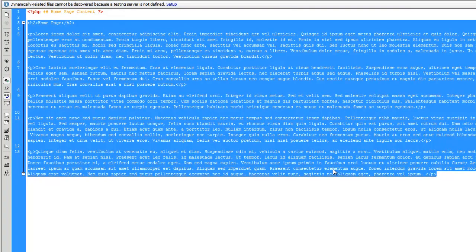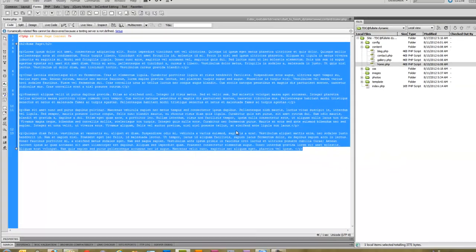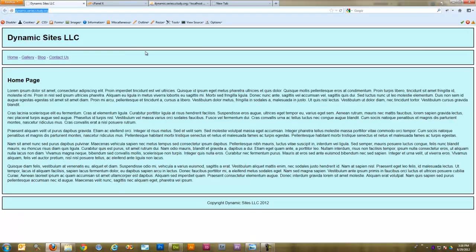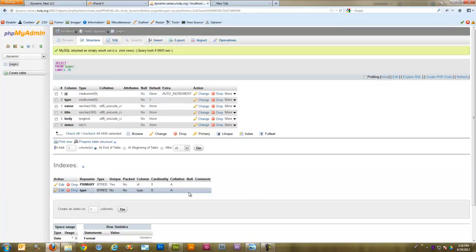So if yours looks just like mine, it's going to be line 3 to line 13. If not, just make sure you get all the HTML, none of the PHP. And let's just copy this, Control C if you want to use a shortcut, and then come back over here to phpMyAdmin, and all we have to do is simply click on Insert here,